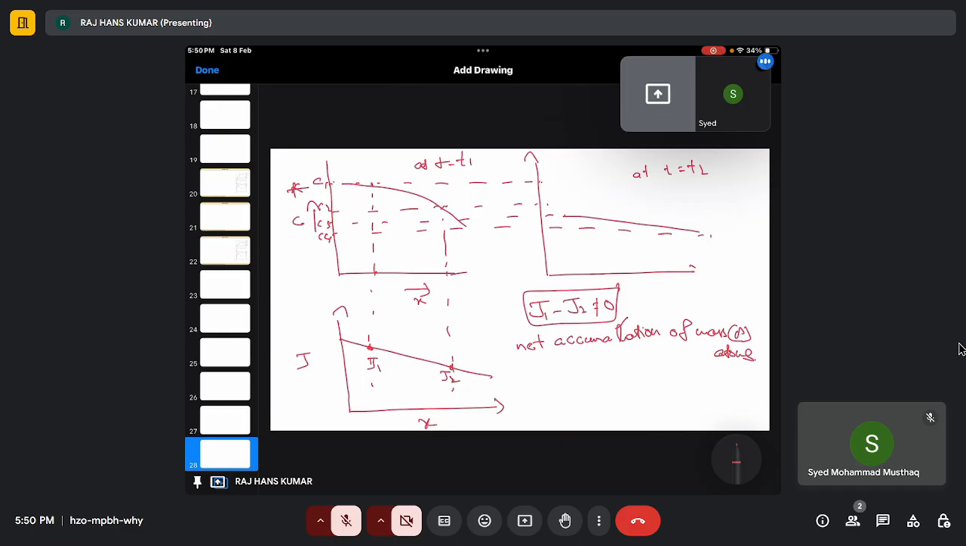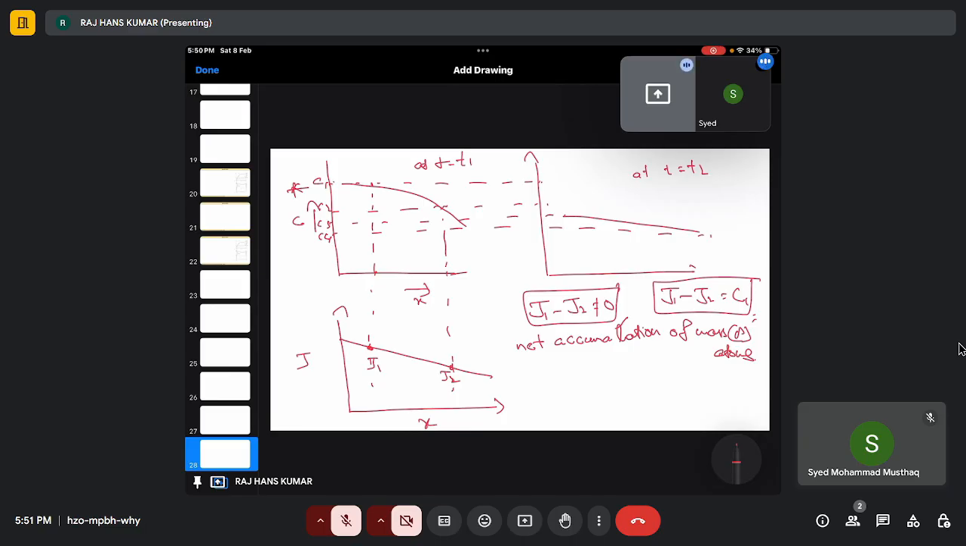Right? Now, if it is not dependent on time, then J1 minus J2 will be a constant, right? It might not be zero, but it is a constant C1, right? Now, if it depends upon time, right? If it's not a